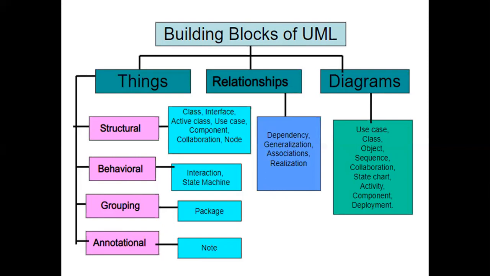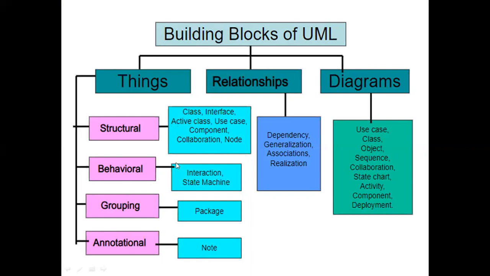In the third unit we covered class diagram and object diagram. In class diagram and object diagram, we are using classes, and next one is active classes. Next, in the fourth unit, we are using interaction diagram. In the interaction diagram, we are using interaction. In the interaction diagram, there are two types: first one is sequence diagram and collaboration diagram.